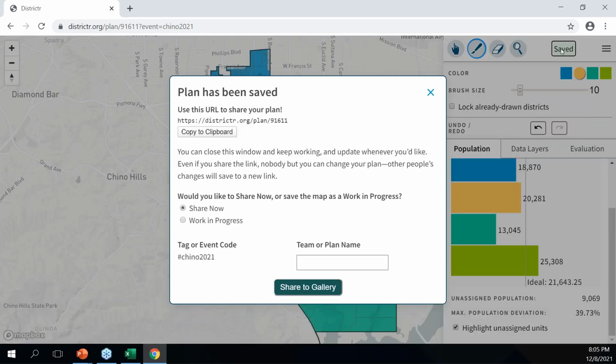You'll click on Save, and you can either share this. If you're absolutely ready to go, you click on Share Now. You'll type in whatever name you want to give to your map and then click Share to Gallery. And you'll see each one of the maps that get submitted has a 5-digit code associated with it. So this one is 91611, and you can go back and reference that,